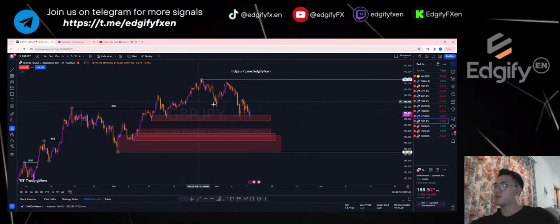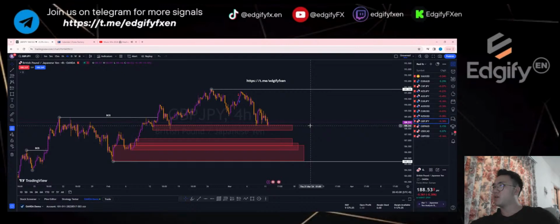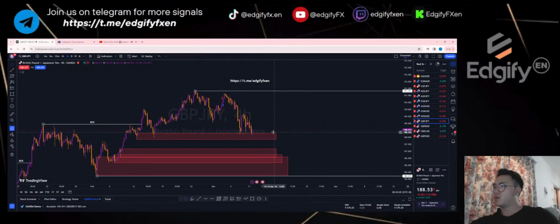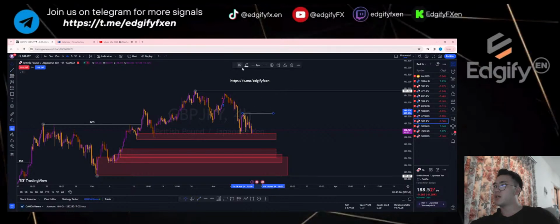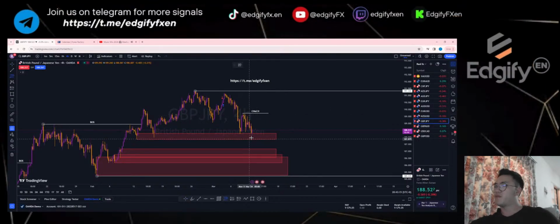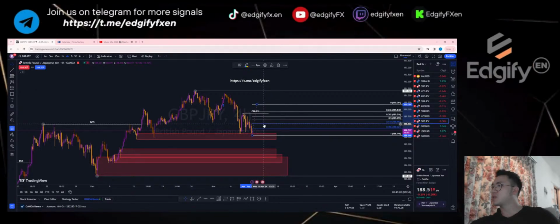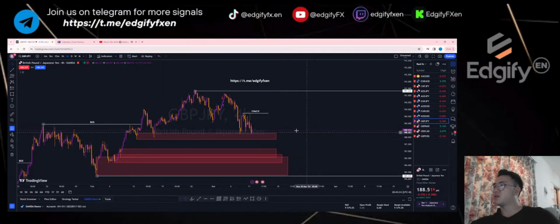GBP JPY, we have this step in. But I'm using my 4 hour. Which means if I'm looking at this on my 4 hour, I will need a change in the market structure, which is fairly high. As soon as price taps this level, I will then pull my fib, see how far it went, bounce back to the 0.618 here. That's where I'll look for the buy. This is based on the 4-hour chart.